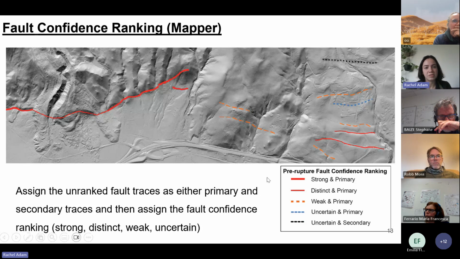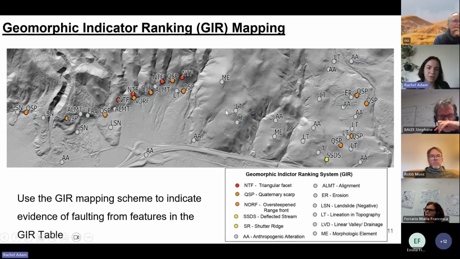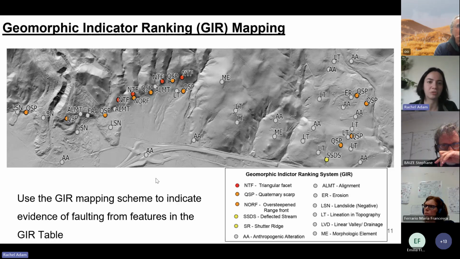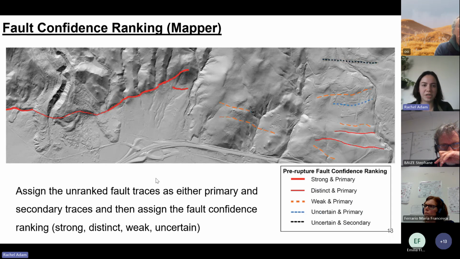The mapper uses, hopefully they'll train their eye with GIR, just the quantity and the ranking and clusters of GIR features that can then inform their confidence of how strong they are, not only in the fault's location, but the strength of the fault as well. So they'll distinguish between primary and secondary first, and then there's 4 categories: strong,